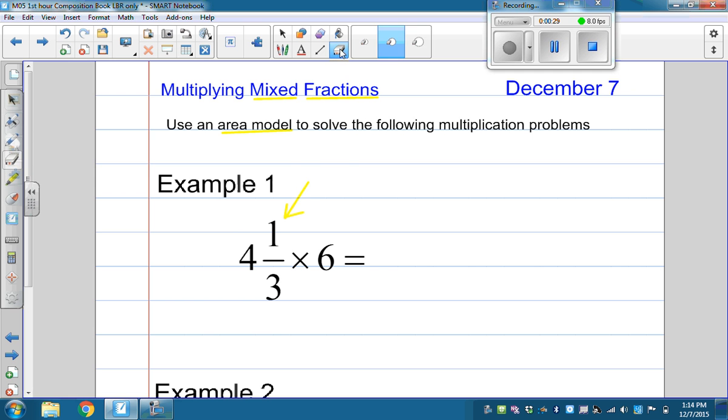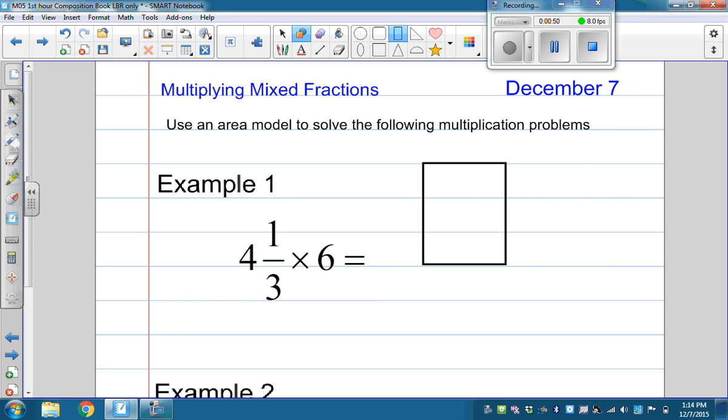So I'm going to go through a couple examples that we did in class today when the board wasn't working, so I couldn't record it. So the first question is to multiply 4 1/3 times 6. And the strategy that we used in class that you are supposed to use in your homework tonight is to make an area model. And so just draw a rectangle, and